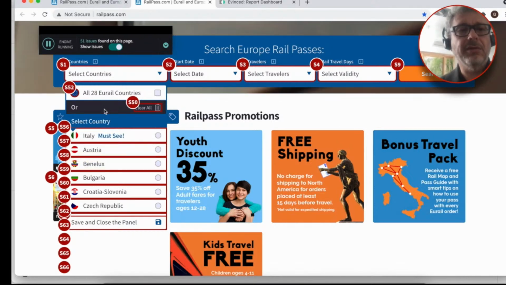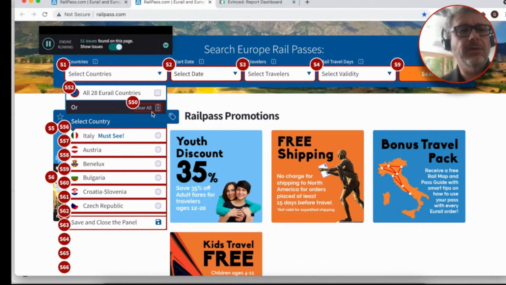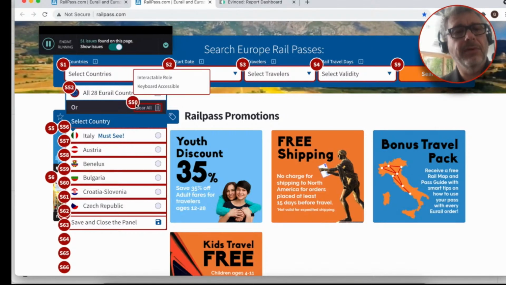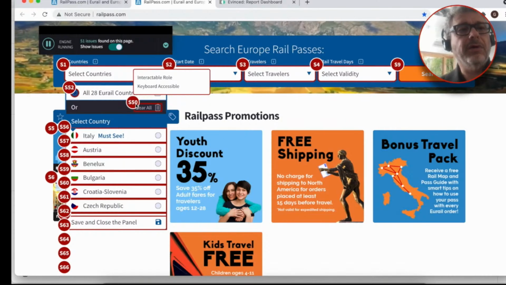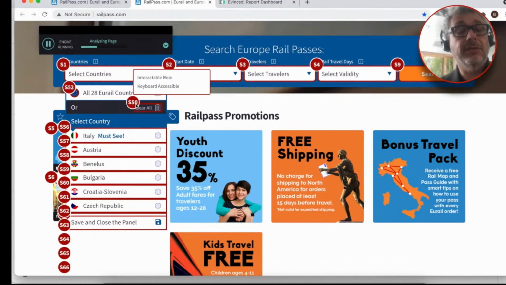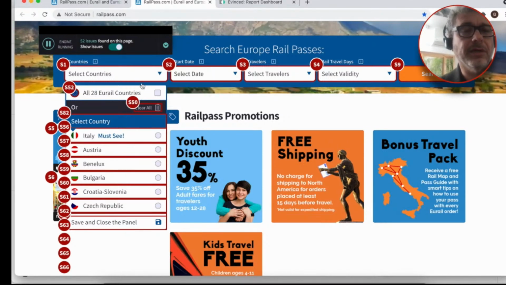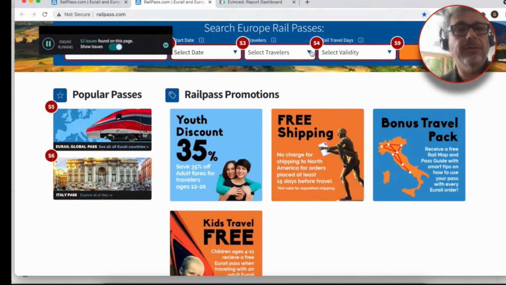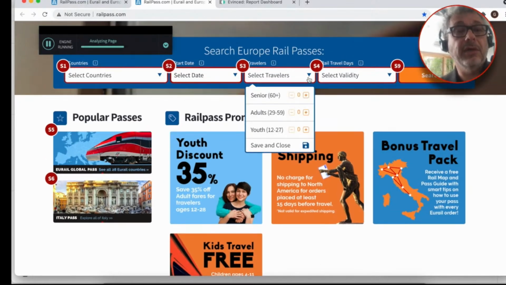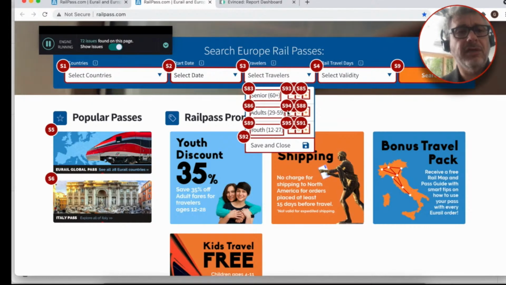So when I'm clicking on the element here, you see that we have a complex widget that's being popped up, and there are all kinds of other elements that also have issues. So for example, this clear button itself won't be accessible or interactable for a screen reader and won't be accessible for a keyboard user.